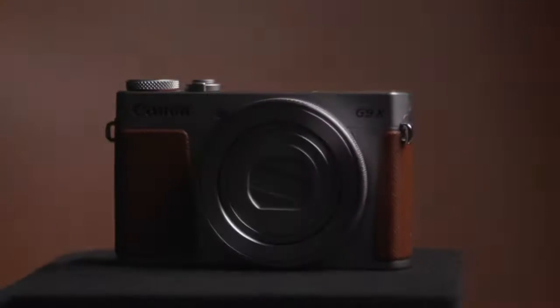Hey there, today we're talking about the Canon G9X Mark II and whether this camera is still worth buying in